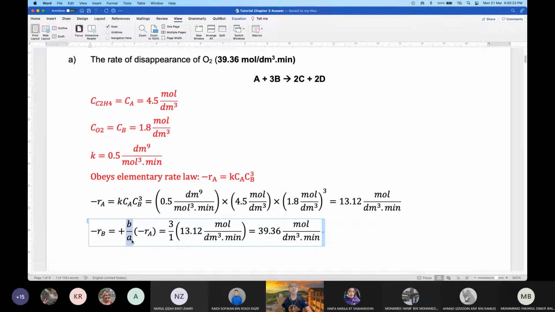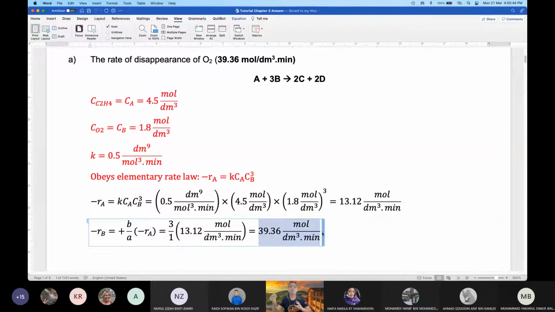So the stoichiometric coefficient of B was 3. The stoichiometric coefficient of A was 1. So you multiply 3 over 1 with your minus RA, the minus RA that we calculated earlier. You multiply, you get the rate of disappearance of B as